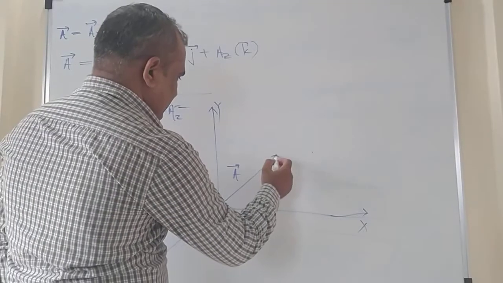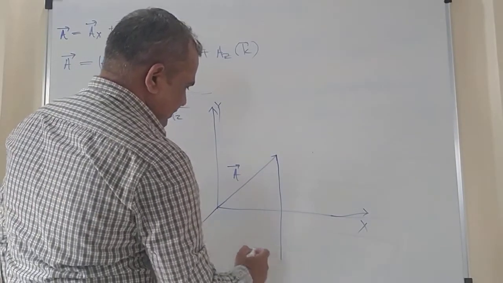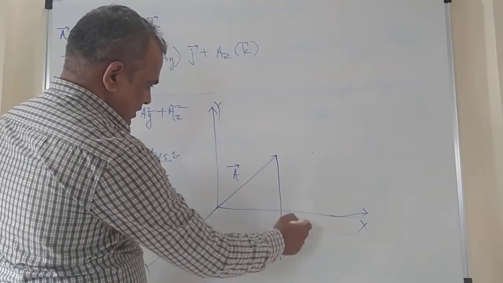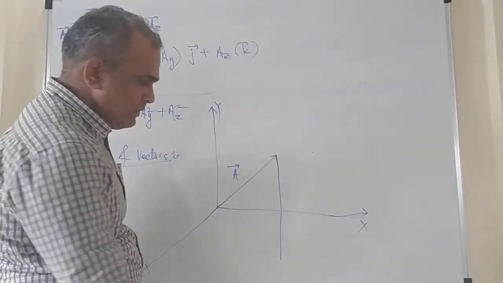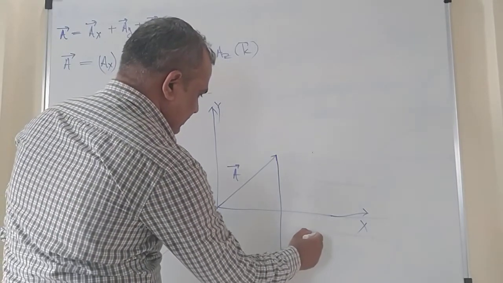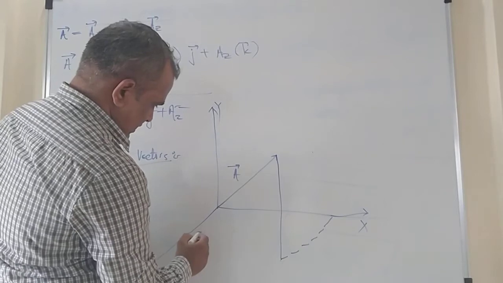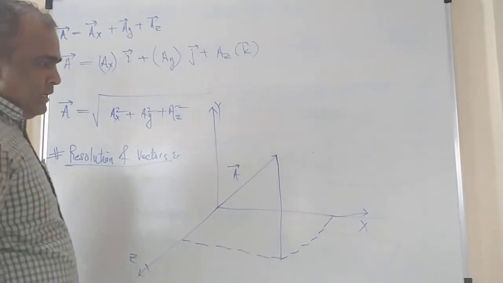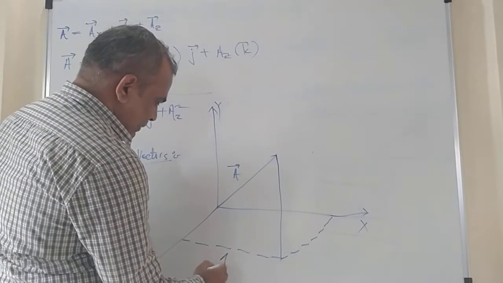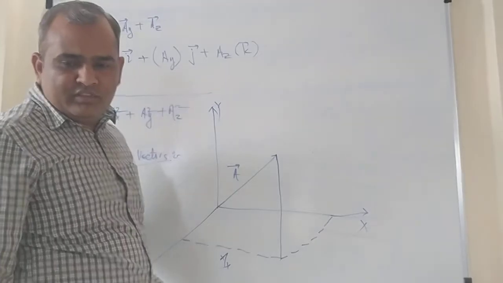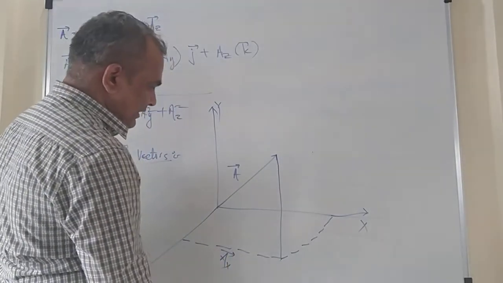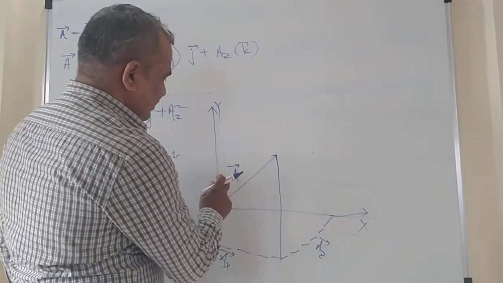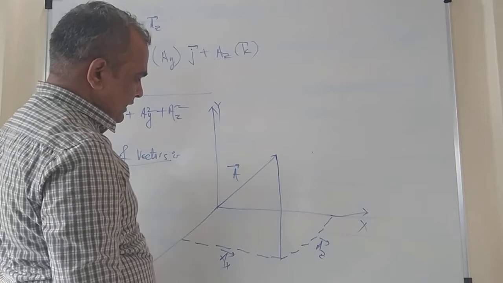How much is the magnitude? Let me say this is the magnitude of this vector, and how can I draw this? So this is the magnitude of the vector along the x-axis. So this is nothing but your ax bar with direction. What is this? This is az bar. This is your vector. Got it?